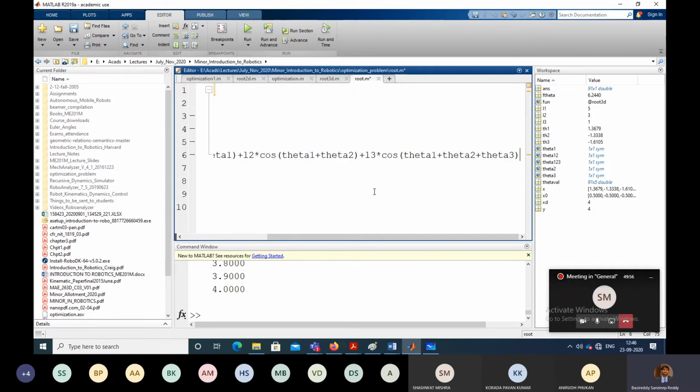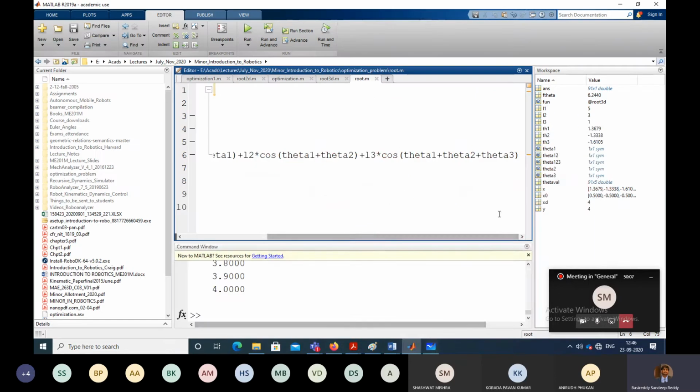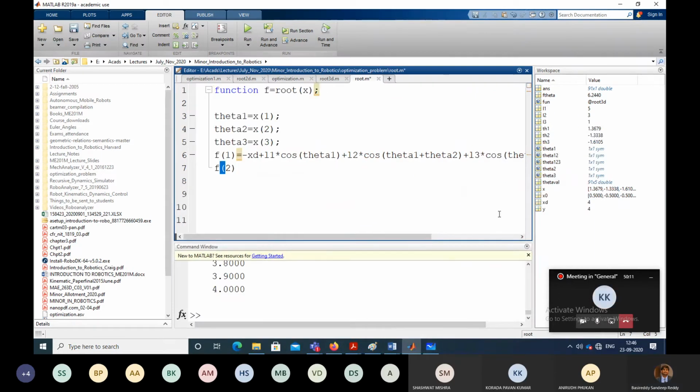This is the first function. The second was g2 of theta, that is minus yd plus L1 S1 plus L2 S12 plus so on. This is the second function I'm defining.